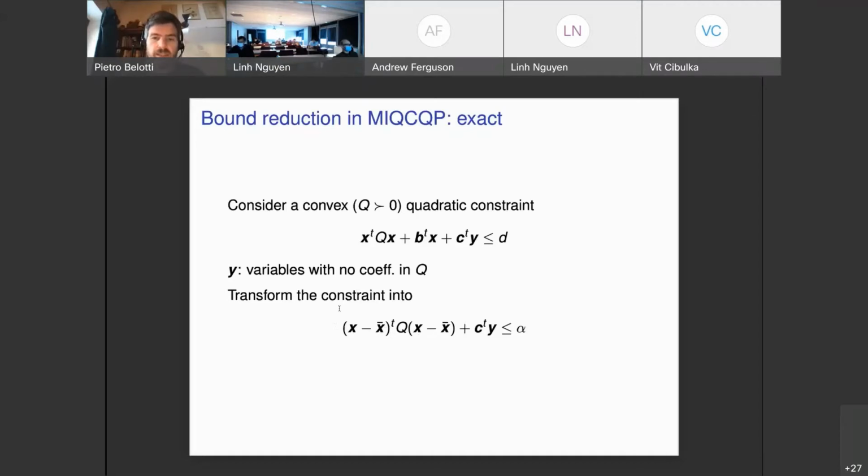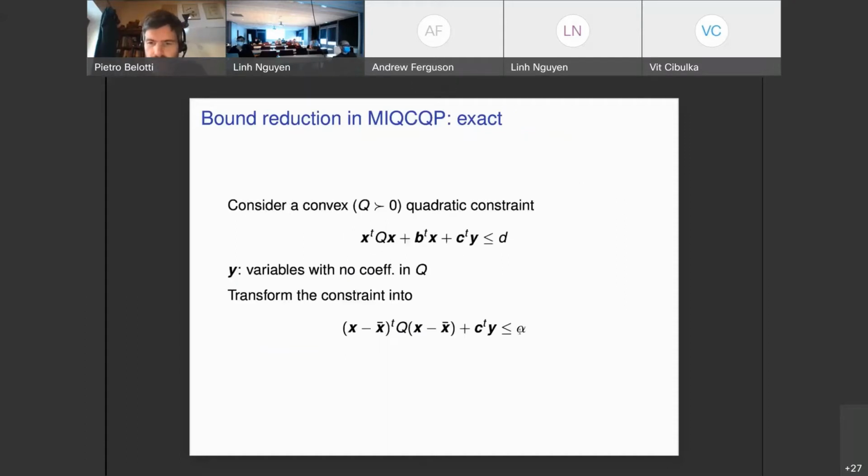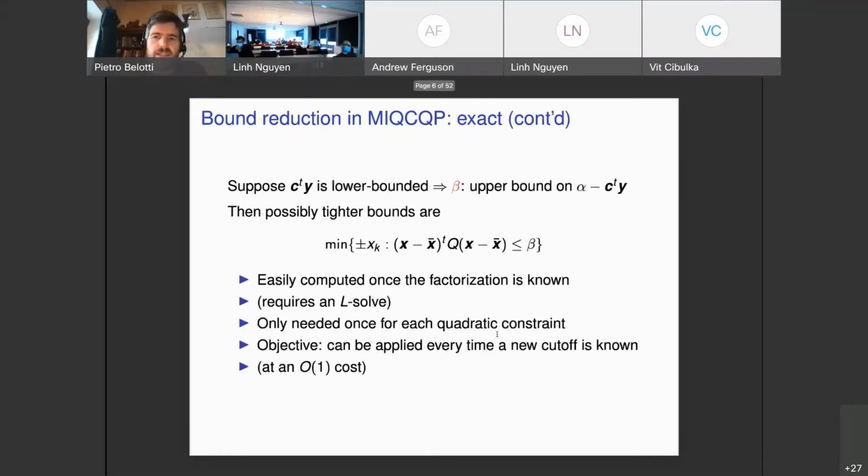So keep in mind this form of the constraint, and now let's try to understand the following. Is there an upper bound on the expression alpha minus c transpose y? That is, let me go back. Is there an upper bound on the expression that I get from the right hand side when I subtract c transpose y? If that is the case, then let's call it beta. And that means that you now have a quadratic constraint that is slightly more suitable for bound reduction, because now we have a convex constraint that